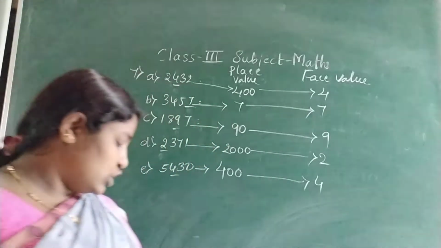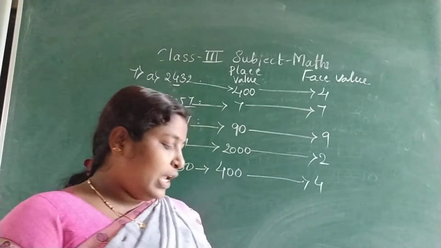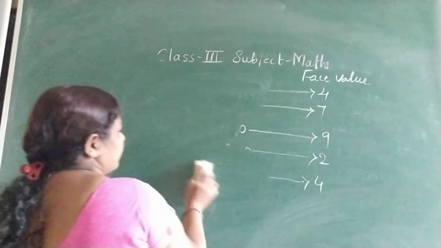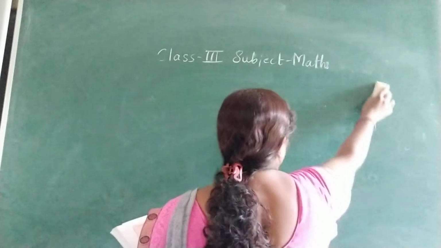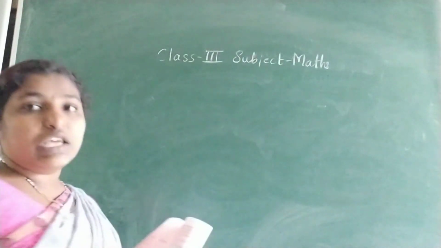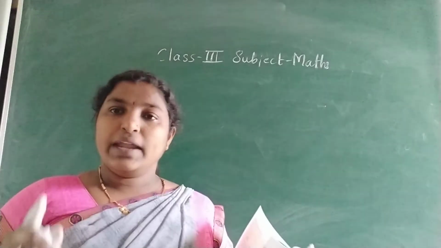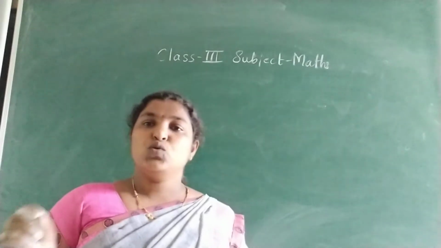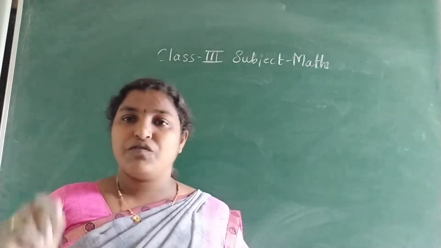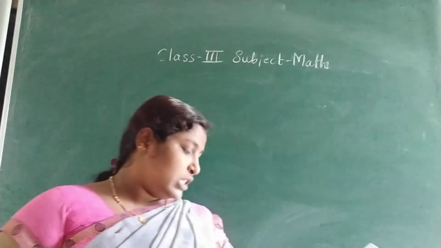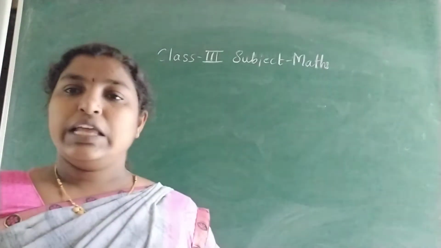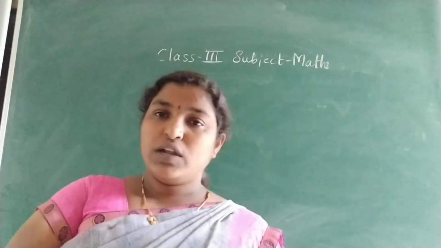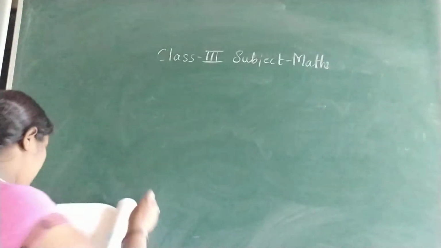Okay, and next question, write the following in expanded form. In the textbook, if sufficient place is there, you write the answers in the textbook only. If there is no place to write the answer, you write in your maths fair notebook. Got it? Next, for question number 7 and 8, there is no place to write the answers. So you have to write these answers in your notebook. Got it?